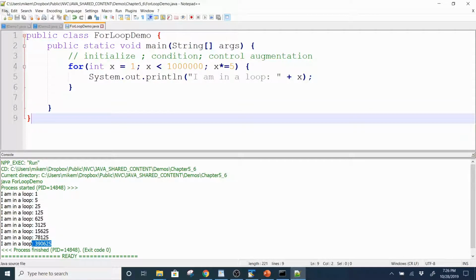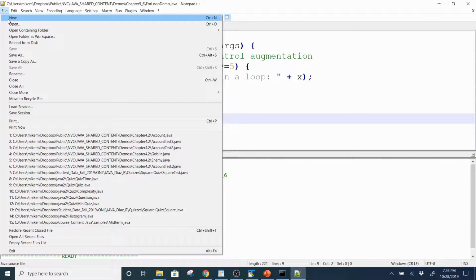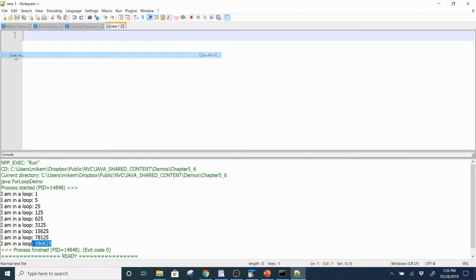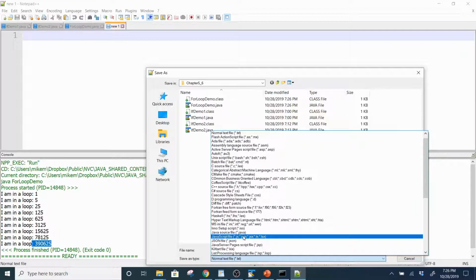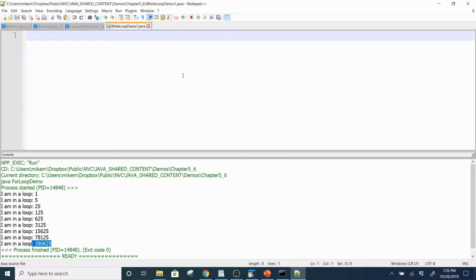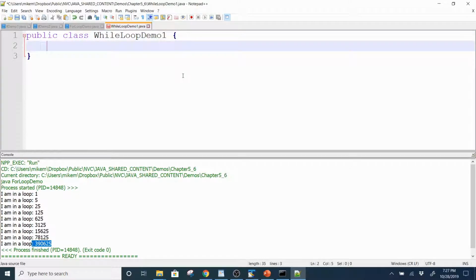All right. So the first one is the while loop. I'm going to make a new file, save as, and I'll call this one WhileLoopDemo1. This is a Java file. I'm going to hit save, and then public class WhileLoopDemo1, open and close curly braces, then public static